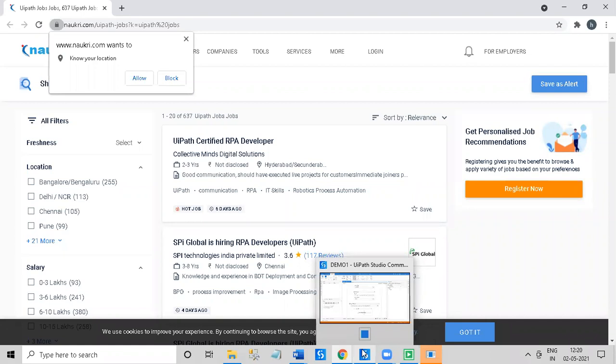Okay. So for that to happen, I need to have that Studio with me. That's the dependency. The Studio should be installed in your system. Without a Studio, how can you run the XAML file? And this Studio is freeware, so we can download it from the internet also. This UiPath Studio, Robot, as well as the Orchestrator are packages. This comes together only.